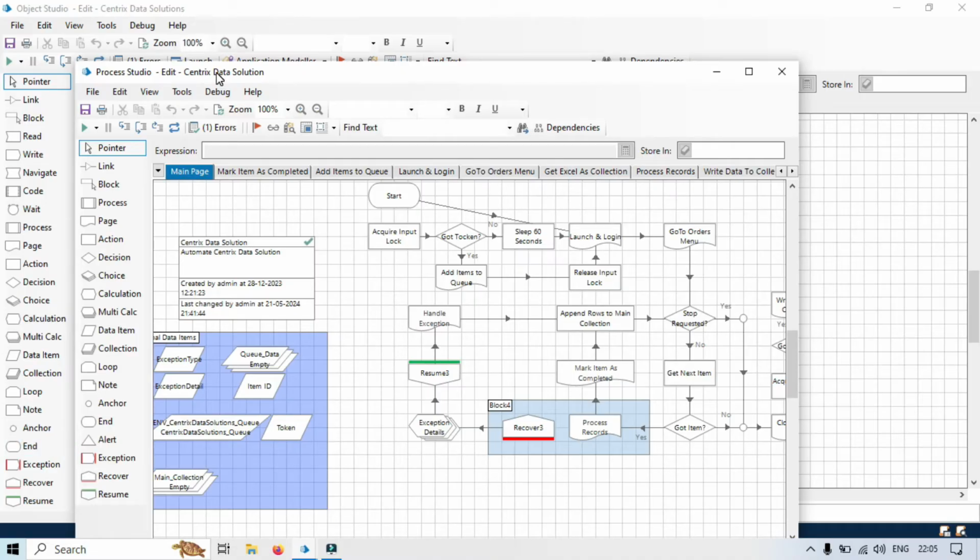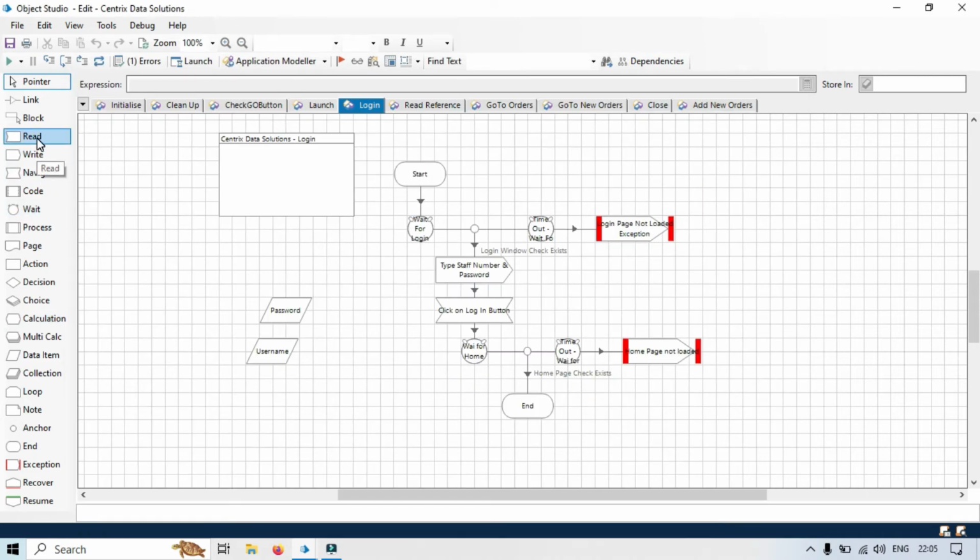Now let's understand why these five stages are available only in the Object Studio and not available in the Process Studio. First we have read stage. Read stage is used to read, or we can say extract, the data from an application's UI elements, right? And this stage is specific to the interaction with the external application, and that's why it is available in Object Studio only.